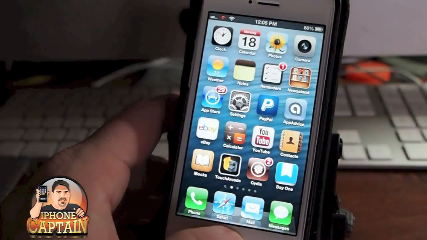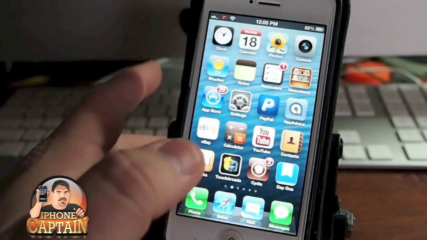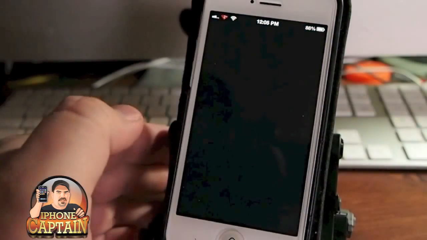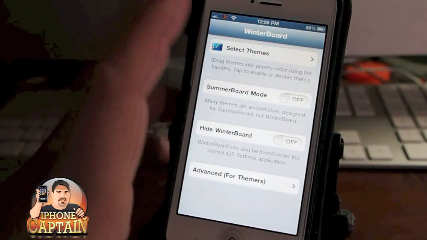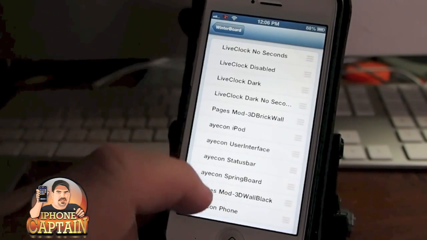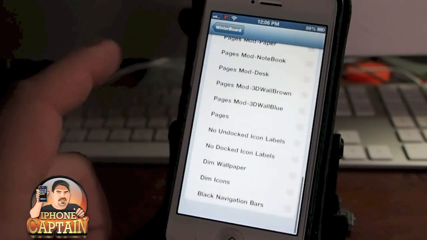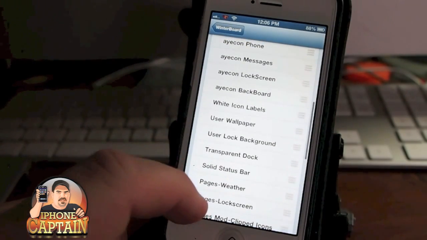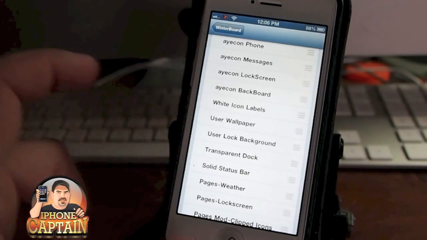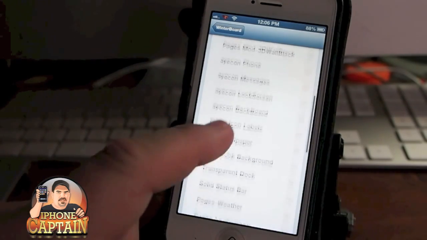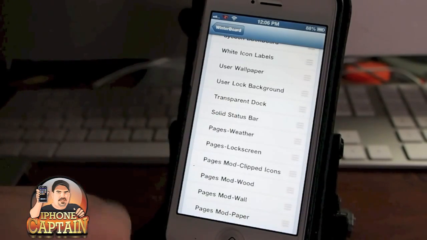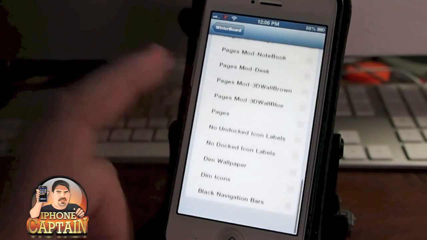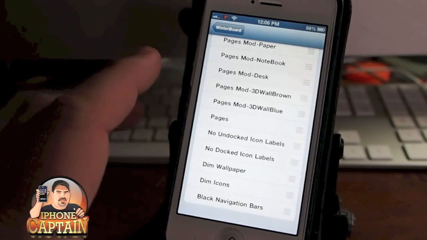And last but not least is one that everybody uses, which is Winterboard. I just wanted to throw it in there for somebody who might be new and didn't know anything about jailbreaking at all. This is where you add your themes, and you can see in here I have several themes installed. I've got Pages, and I also have Icon, and I don't have them activated or checked off, so they're not going to be changing anything on the SpringBoard currently. But I have a video on both of those if you want to check them out. I'll try to remember